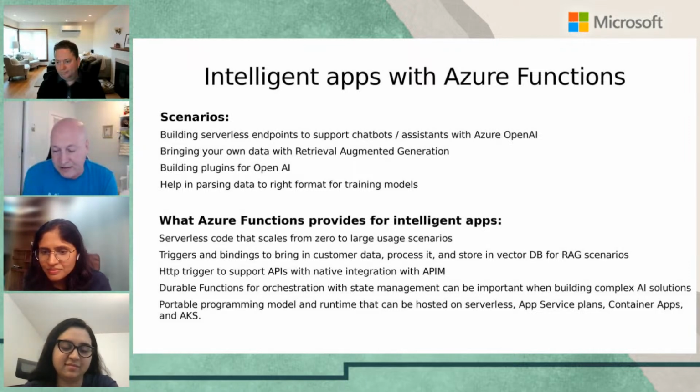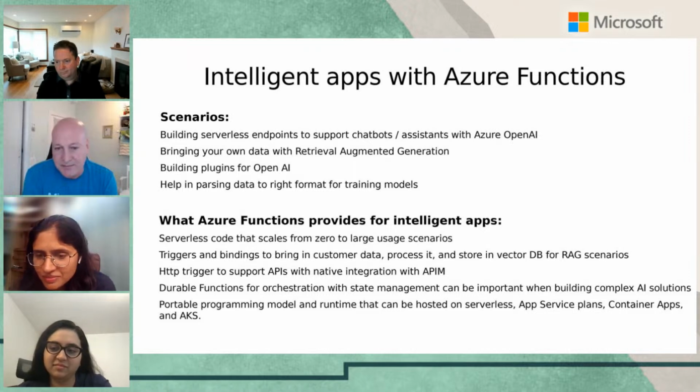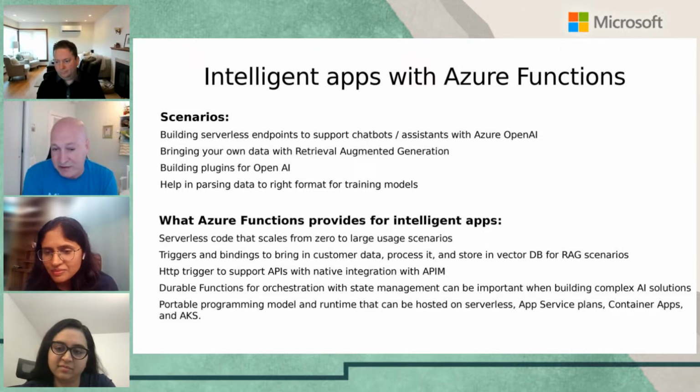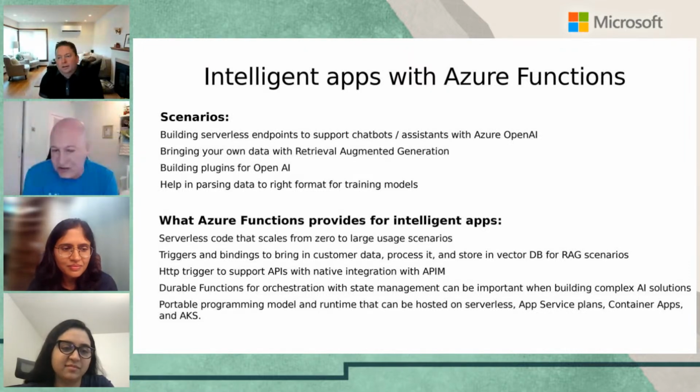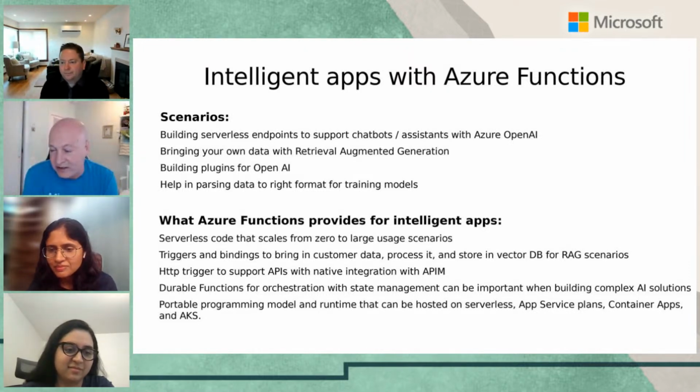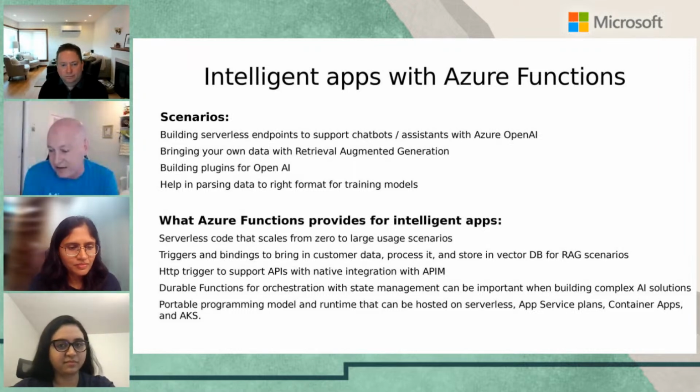A lot of customers are building out prototypes, and they're trying to understand, okay, how do I really enhance my existing application using AI? And so one of the things we see a lot of customers doing is building serverless endpoints for chatbots and assistants. You have all this data. It's either your own organization's data you've imported, or you're directly interacting with LLMs like ChatGPT, but you want to be able to expose that to your front-end customers to offer a richer experience as they use your application or your website.